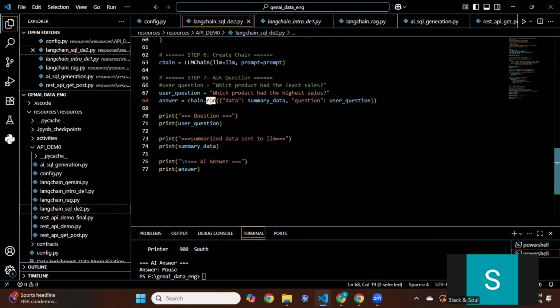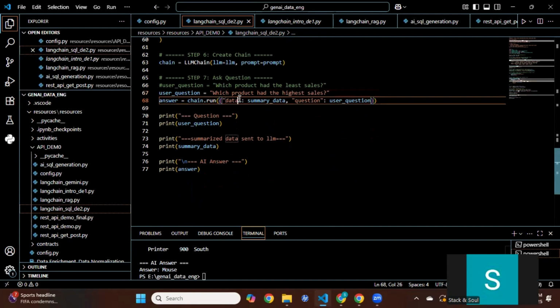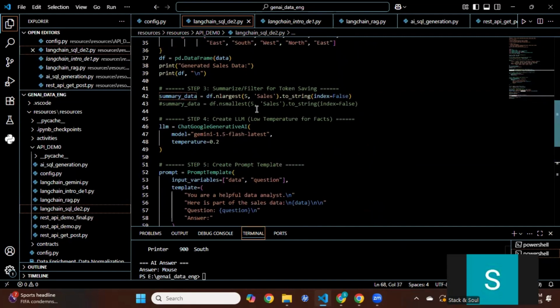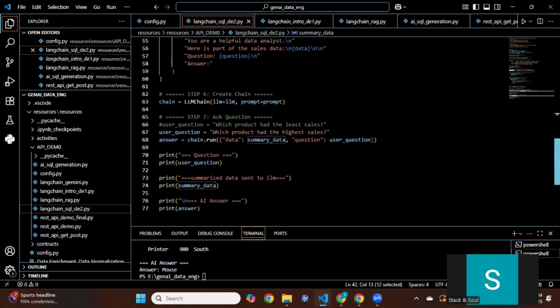So what is happening here? There is a user question variable which contains the actual question: which product had the highest sales, right? So this question is defined, and data plus question is passed into the prompt template. Now what is data here? Data is the summary data. If you remember, what was the summary data? The summary data is this n largest output, the top five sales, top five products, right? It is stored in the summary data, and